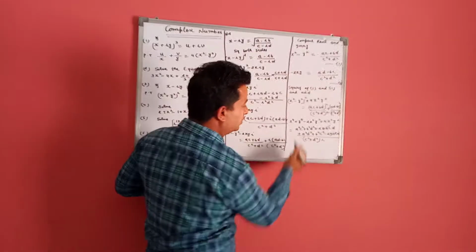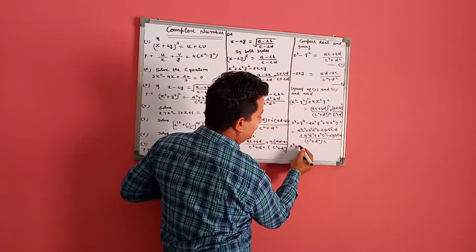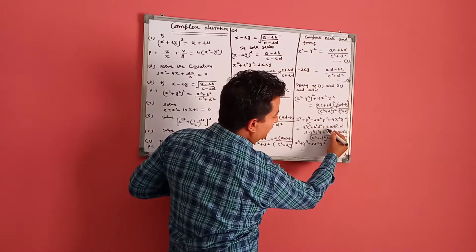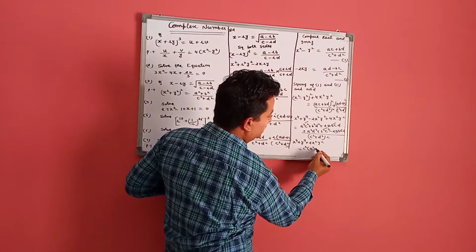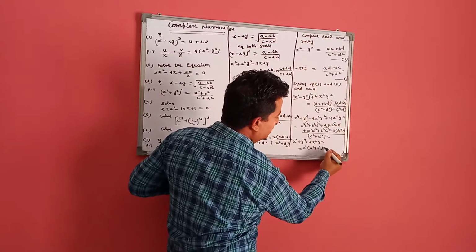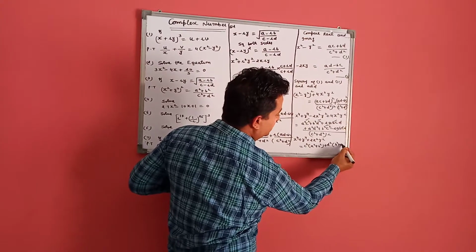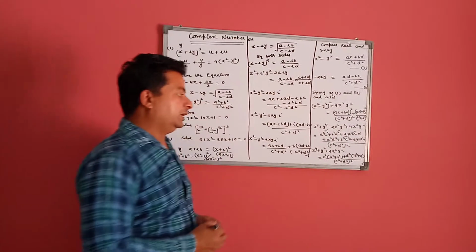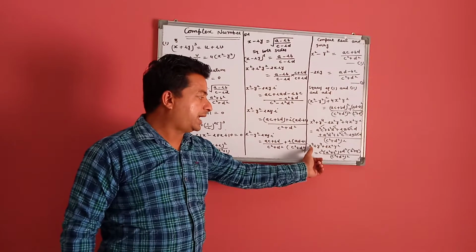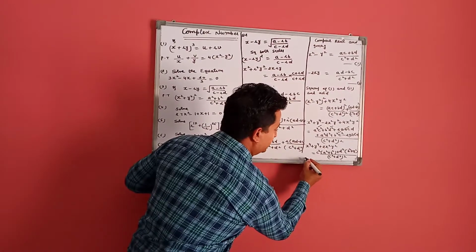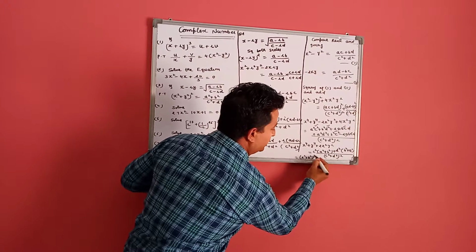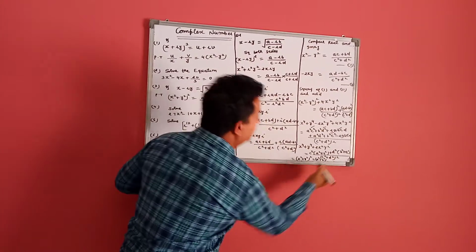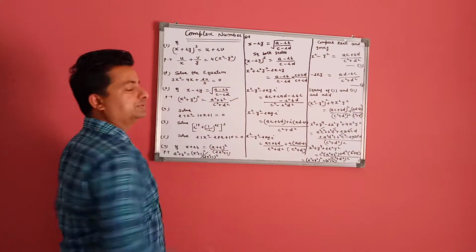In this, cancel out. This is the identity x^4 + y^4 + 2x^2y^2. In this, take c square common, then the equation is a square plus b square. Take d square common, then the equation is (b square plus a square) divided by (c square plus d square) whole square. In this is the identity x square plus y square. This is the identity of (x square plus y square) whole square, and a square b square is common. A square plus b square, this cancels out and we get the right hand side, which is this.